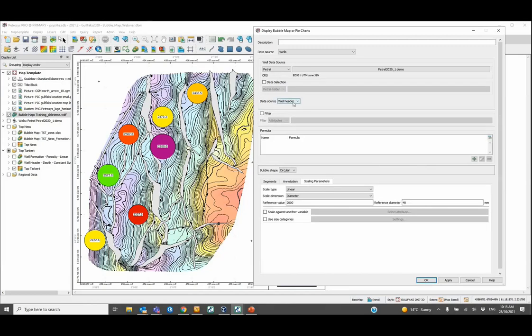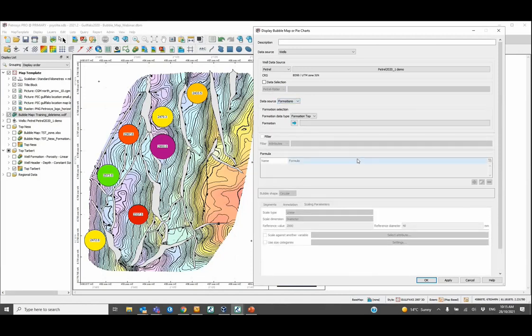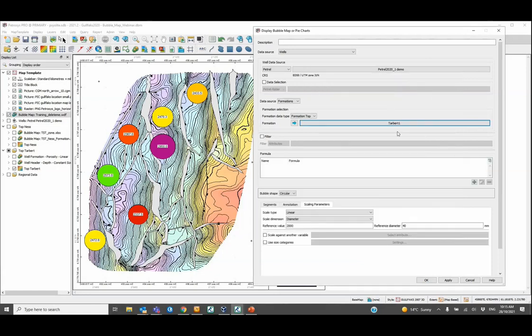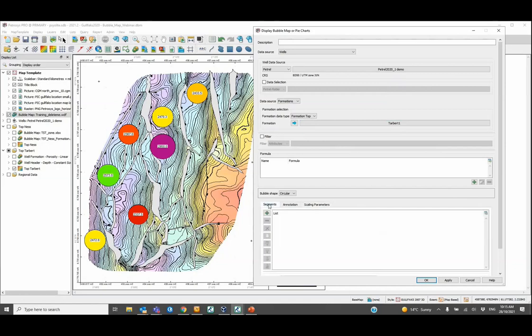And notice I have the same two options, well headers information. In this case, I'm going to go to the formations option. Then I need to choose the type of formation data. So I could choose formation top, midpoint, or thickness. In this case, I can go with formation top. Then I'm going to choose the formation top. Notice that it's the blue arrow, so I can drag and drop from formation top into Petrosys if I wanted to. But in this case, I'm going to choose this particular formation top, and I'm going to go with a constant value, and I'm going to go to segments, and I'm going to click apply,